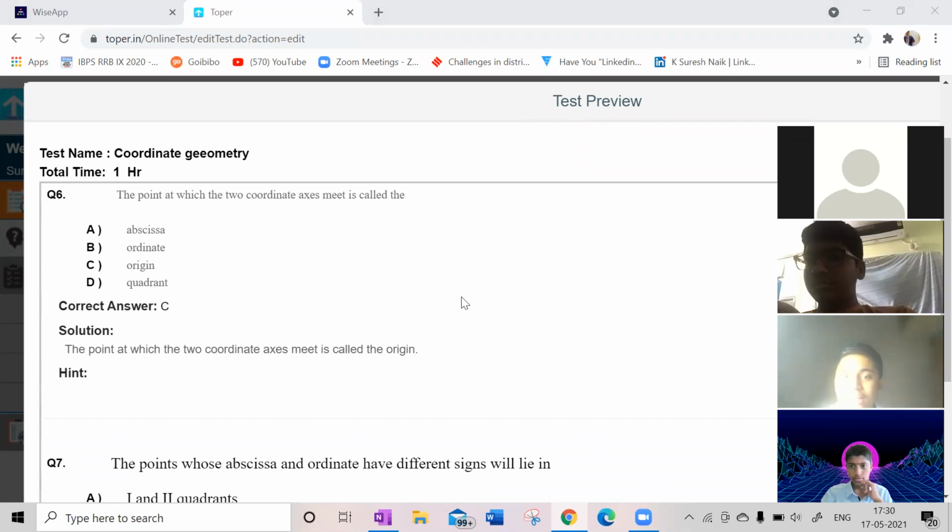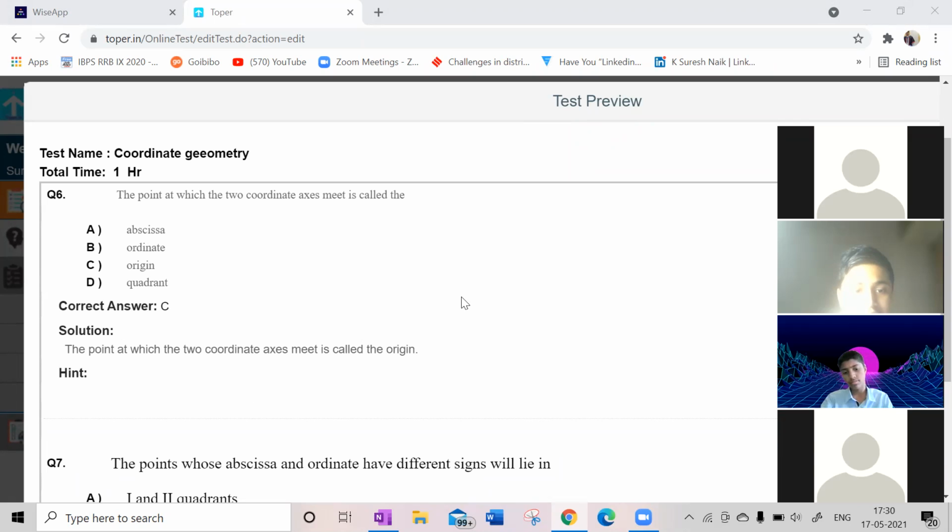Yes, sir. But the thing is, I don't have exactly a doubt. Okay, I'll just read the question. On plotting the points, they gave some points, and joining those points, which of the following figures is obtained? Question number 6.